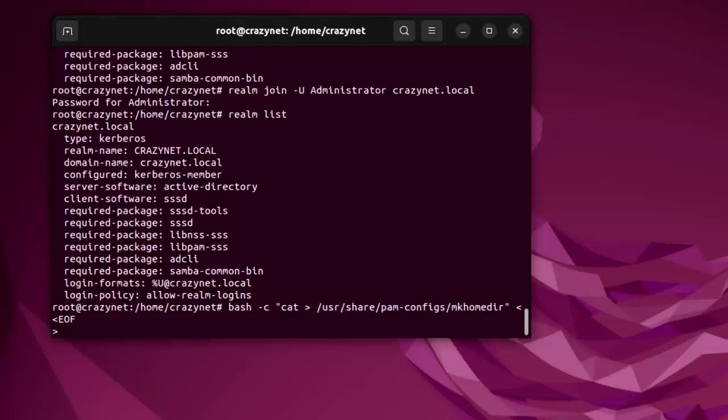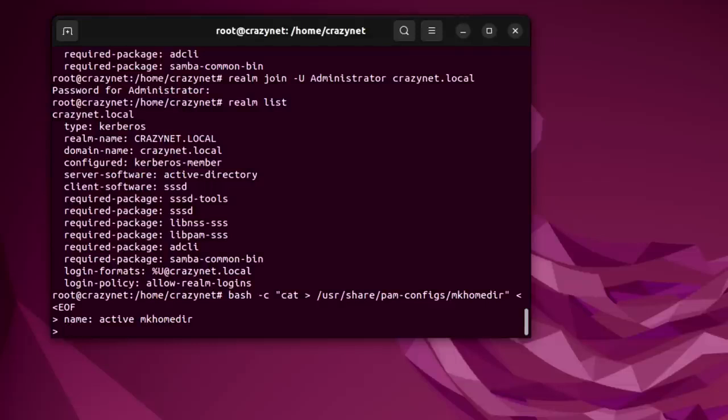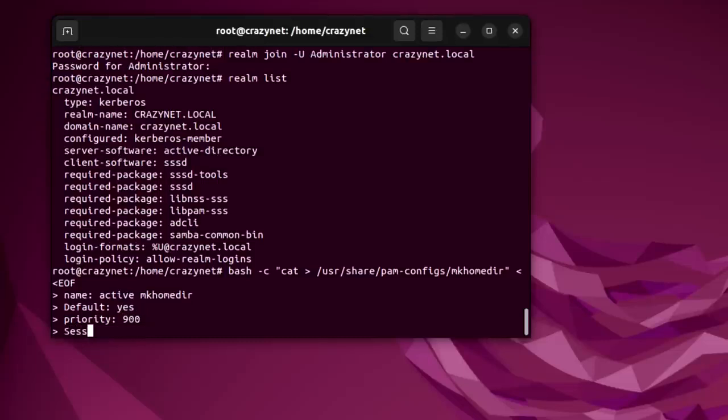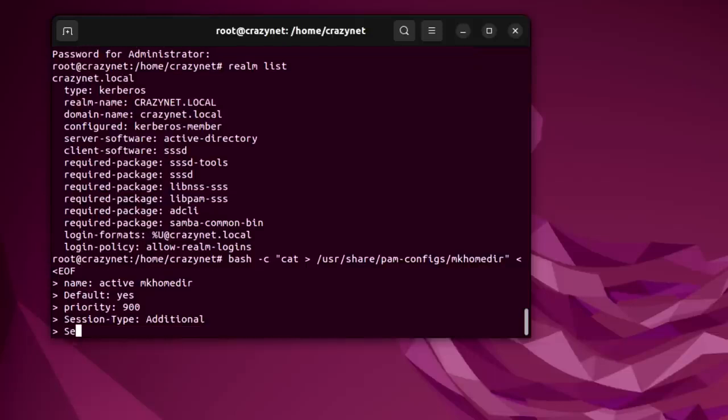So here we say Name: active mkhomedir, Default: yes, Priority: 900, Session-Type: Additional, then Session again,